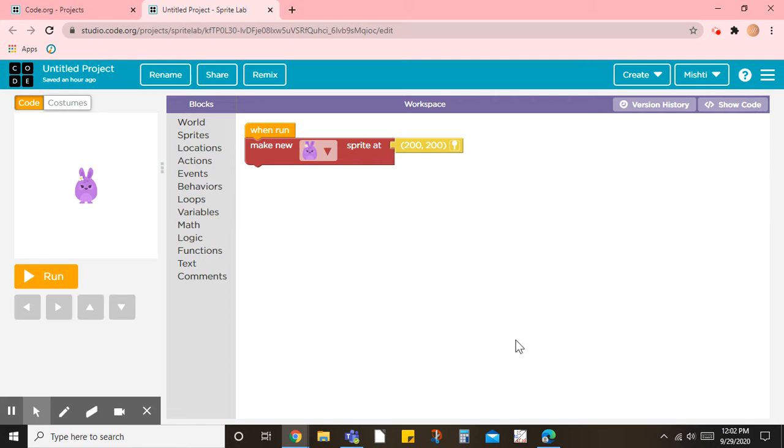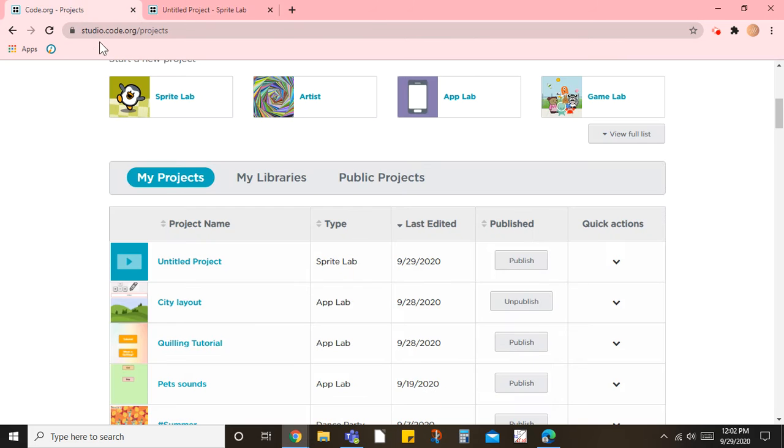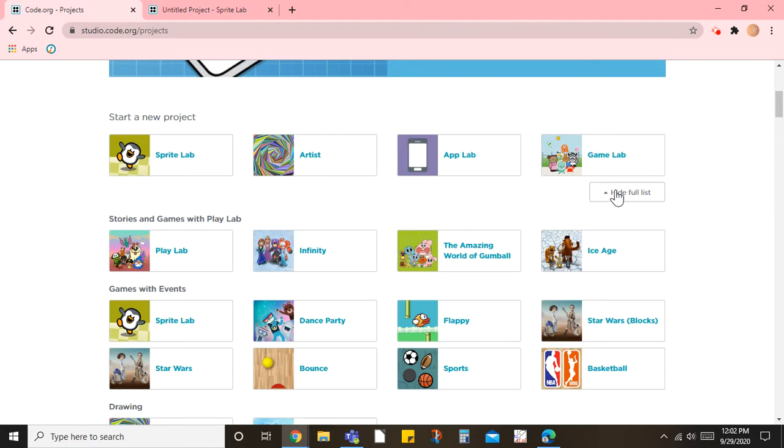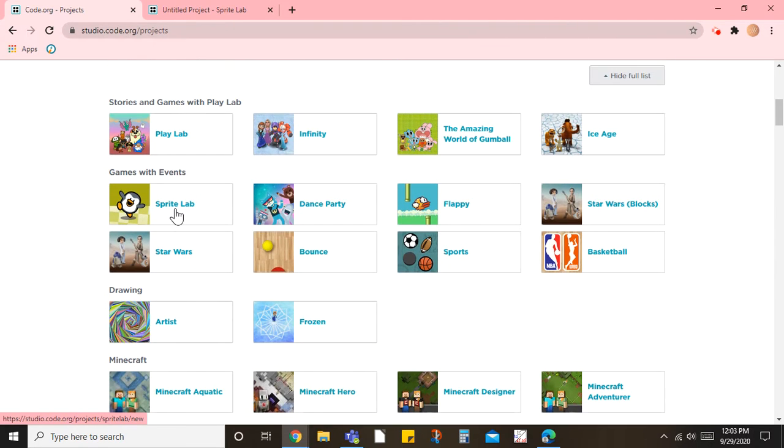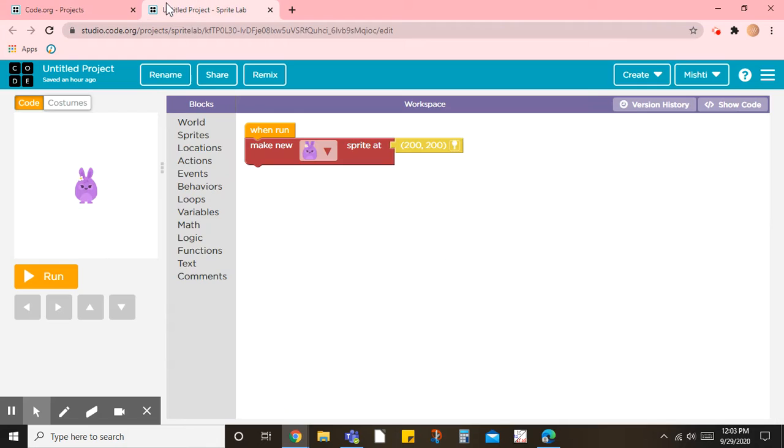So without further ado, let's get started. I've already opened a new project in Sprite Lab, so you can see that it's in Sprite Lab. You can go to code.org, click on new project, and you'll see Sprite Lab over there. Now I have a new project and I click on rename, and after that I'm gonna select everything and now I'm gonna rename it. So I'll name it as Lola's